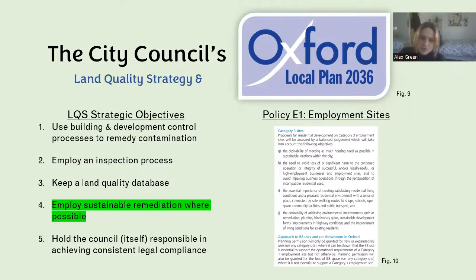From the City Council's current local plan, Policy E1 concerns employment sites, these being potential future brownfield sites themselves. Their policy for the majority of these sites, in exception of specifically protected institutions such as the John Radcliffe Hospital, is that redevelopment for residential purposes is encouraged if it satisfies the city's high demand for housing, avoids major loss of business, creates exemplar communities, and achieves sustainable remediation. Applications for such facilities as new warehouses and car showrooms will not be granted unless in exceptional circumstances.